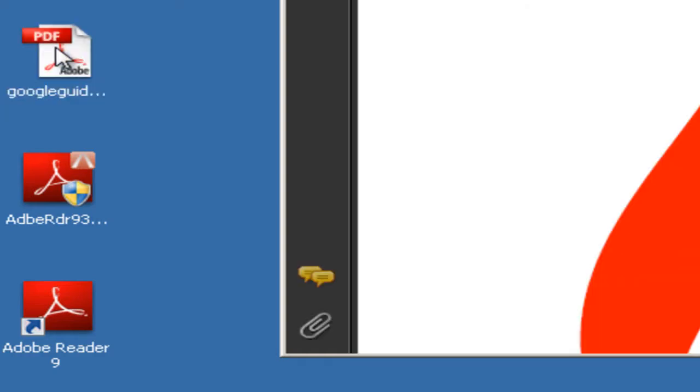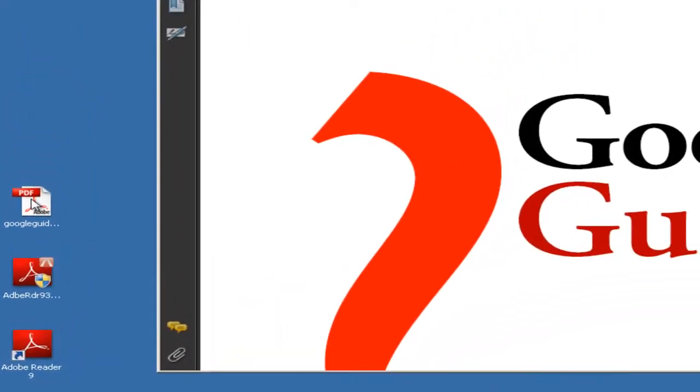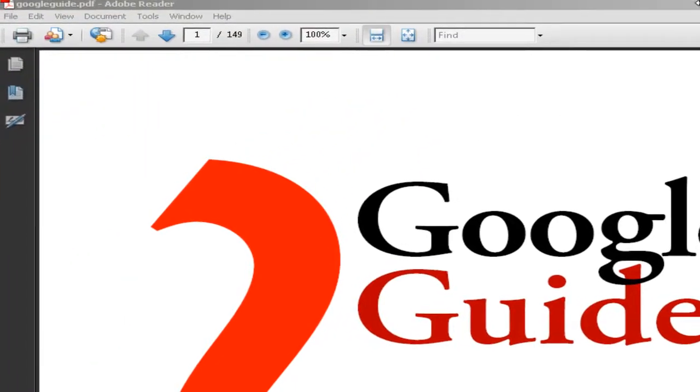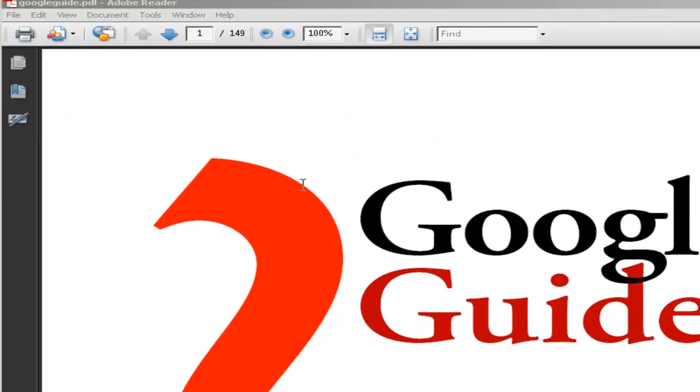I do not have to open the software to read the PDF, because I could have simply just double clicked on this icon and it would go right into the PDF itself. It would open the application and it would display the document all at the same time. So what I'm going to do, I'm going to just double click on it. It's going to open a PDF window,